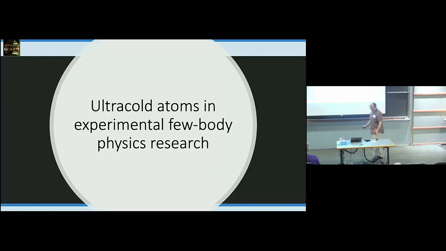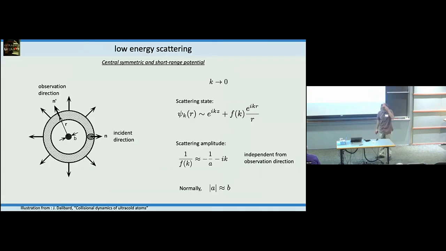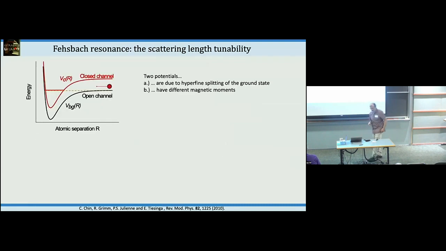So ultra-cold atoms in experimental few-body physics research, why it's so useful to use ultra-cold atoms is, of course, the property of these two-body collisions. In two-body collisions, as usual, for very low energies, the wave function can be decomposed into an incident wave and a spherical wave that goes away, and we get the scattering amplitude that just depends on the scattering length, and this scattering length usually is of the order of the size of the potential. But of course, what we have as the magic of ultra-cold atoms is the resonance scattering, and